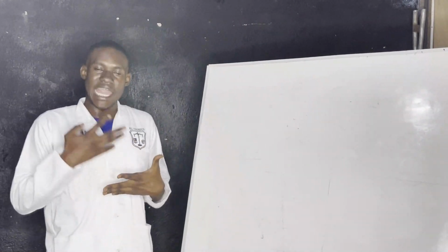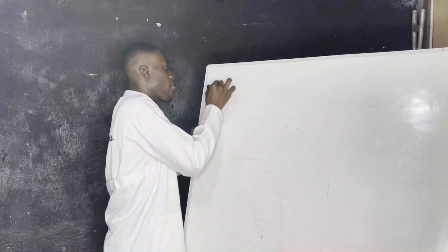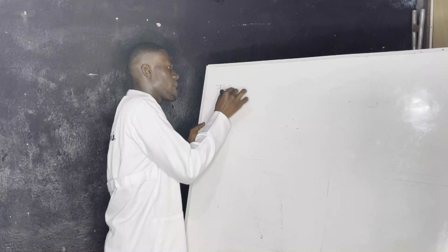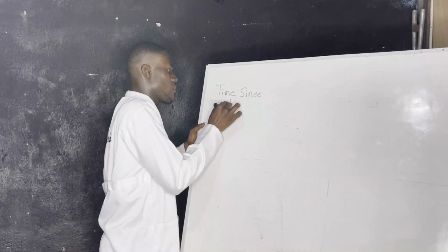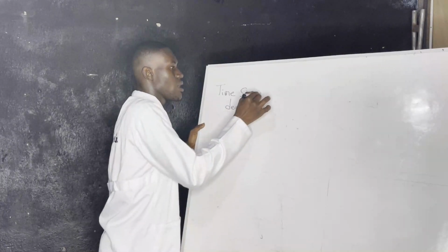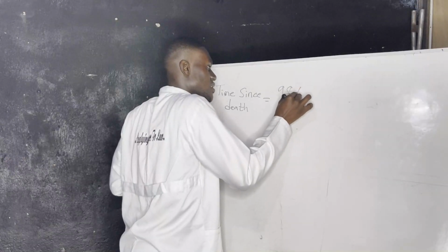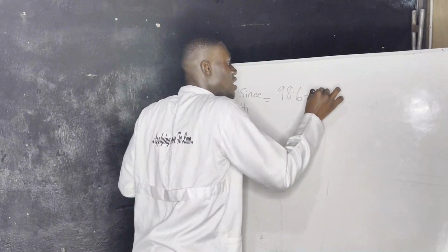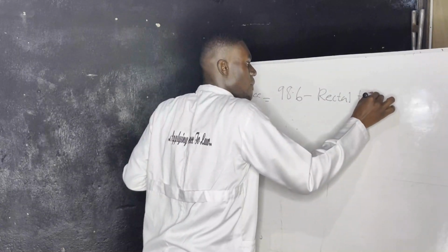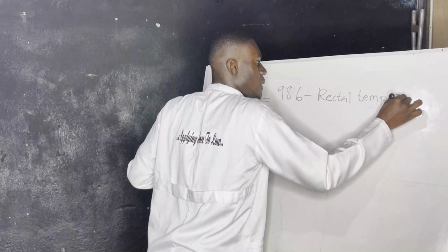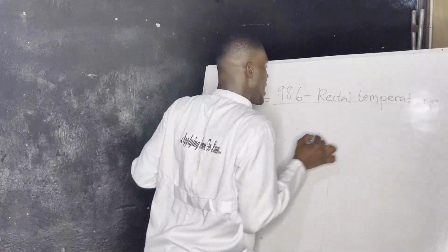Using this formula, the time since death is equal to 98.6 minus the rectal temperature, all divided by